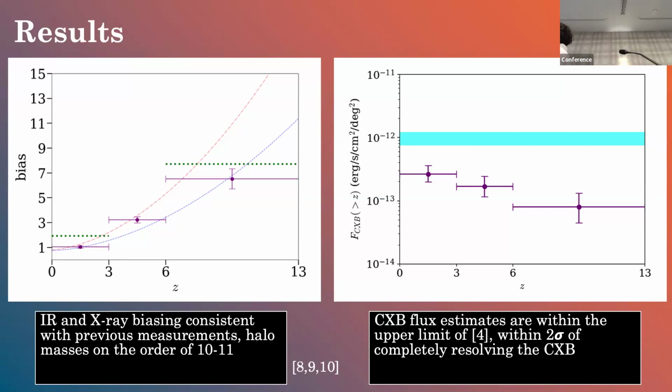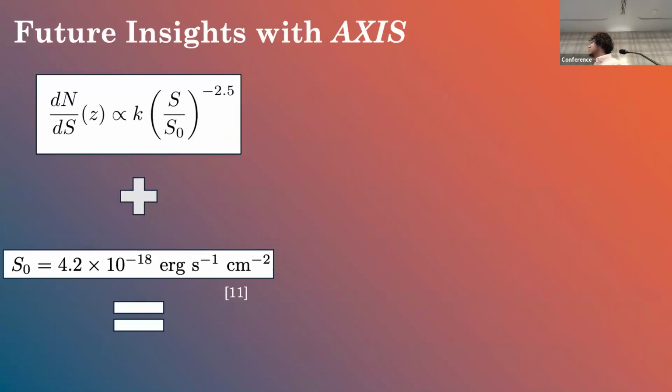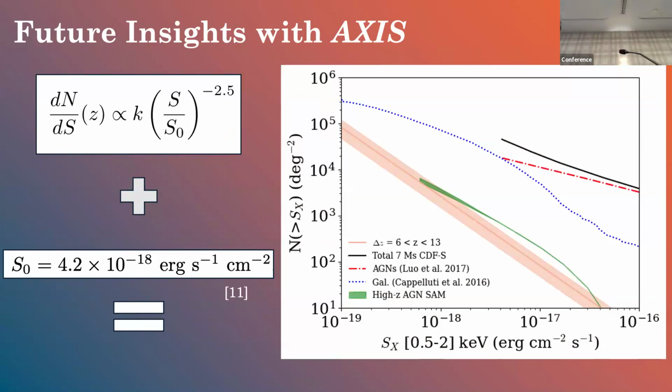So with these flux production rates, we can take a look at what we can do with AXIS. If we just assume a Euclidean power law for these sources at redshift greater than 6, and if we take this characteristic flux to be of the moderately deep AXIS fields, you can get a cumulative source count